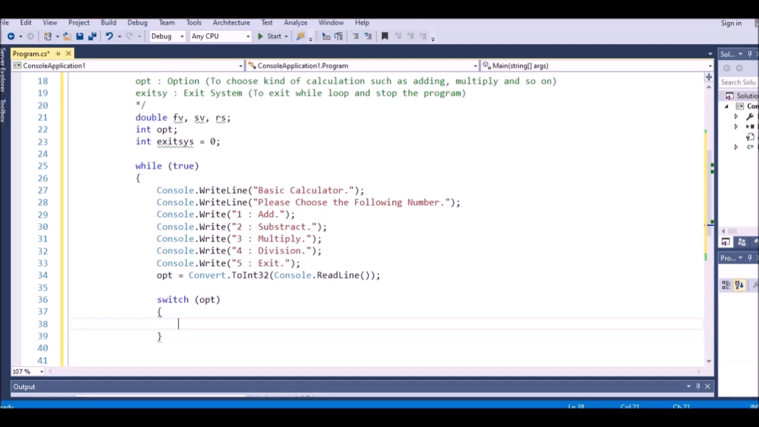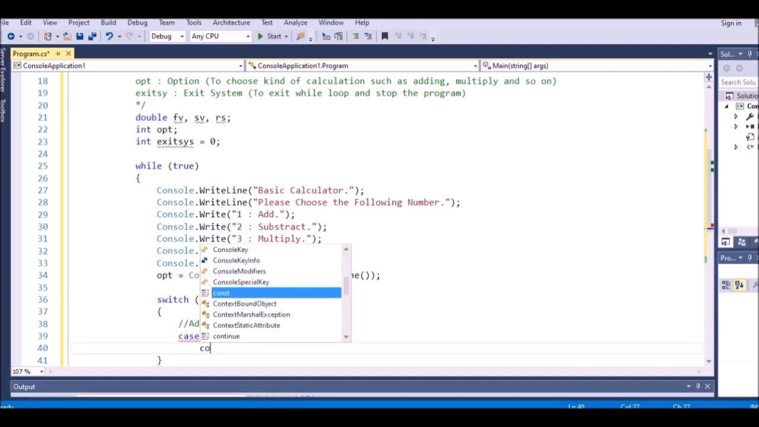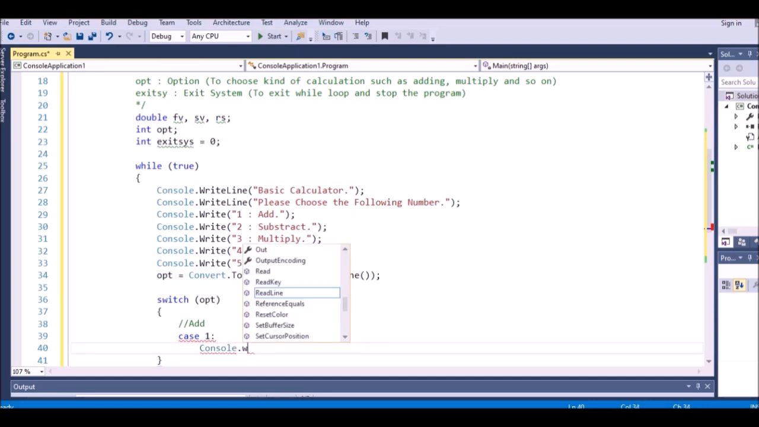So the first one we write for add, and we write a case like this. So write 1, this, and for so after we enter for the calculation, we have to tell the user, right, to put the number. So we have to show the message console dot write,